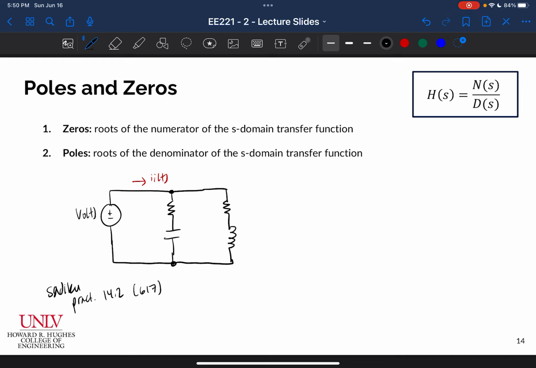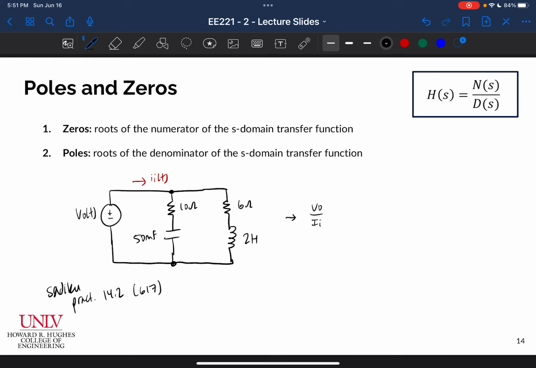Okay, so what they have is, let me get the values. 10 ohms here. They have a 50 millifarad cap. Yeah, that's a pretty big cap. They have a 2 henry inductor, which is huge. They don't use very realistic values in this book. They do it so that the math works out nicely, which is fine. But if you go through and you find the transfer function V out over I in for this circuit,